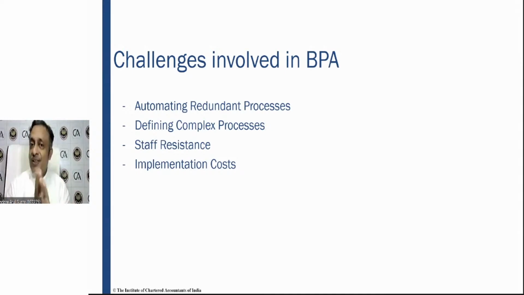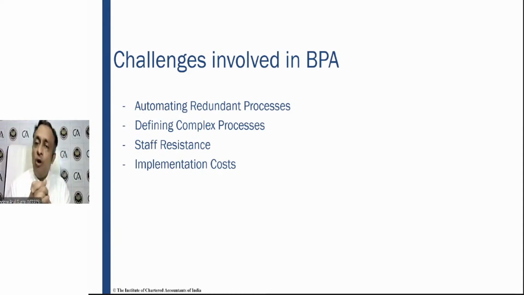That is important. So third is staff resistance. Whenever you want to automate, staff are going to resist because there is apprehension, a fear factor that if this job is automated, my job will go. But it does not have to be like that, because change is constant. Technology is evolving and new things are coming. Once you become a chartered accountant, you will have to evolve and learn new things so that you don't become outdated. The same applies to staff where the businesses are being automated, and to the implementation cost of business process automation.